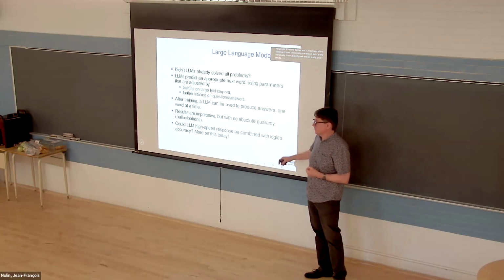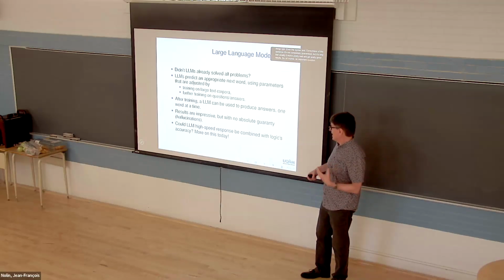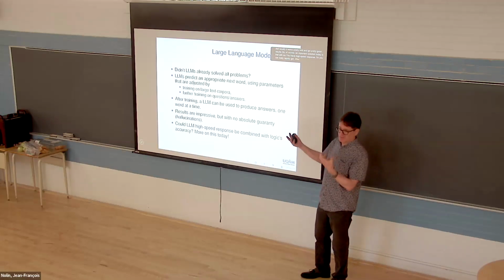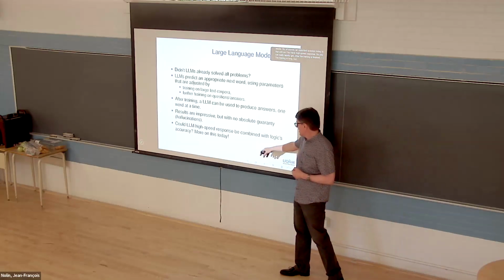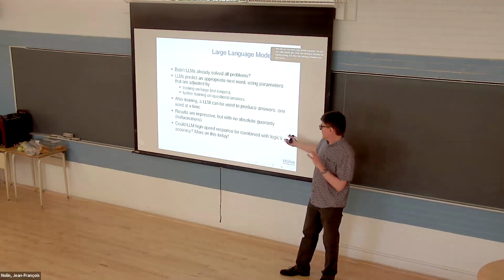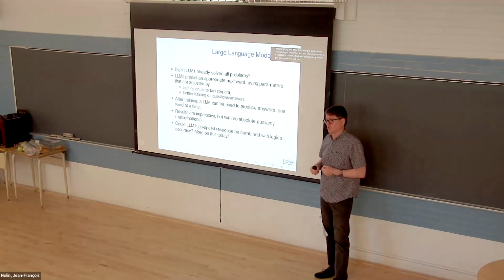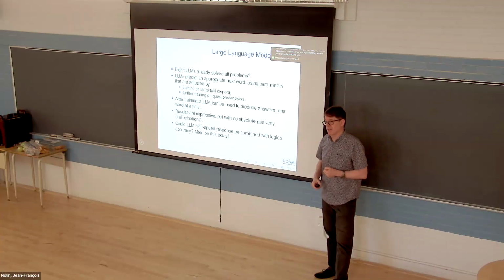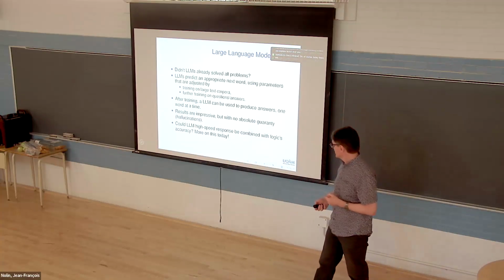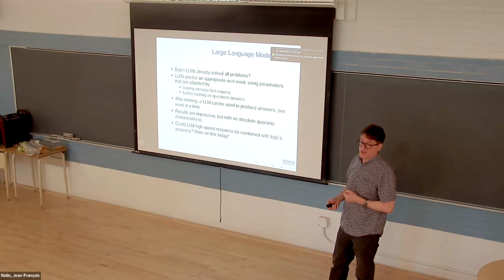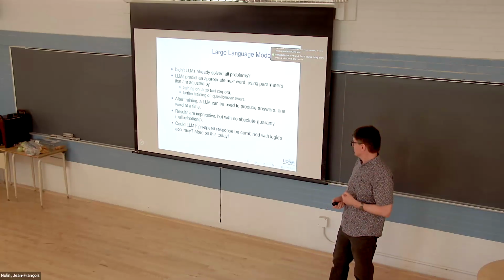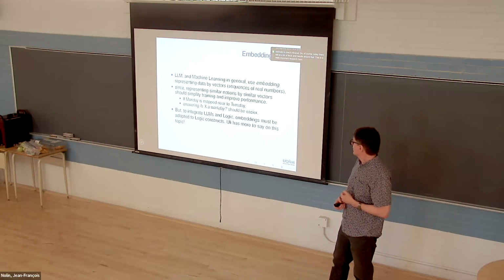So of course, an important question today is that with LLMs, you have a high-speed response. The training is long, but after the training is finished, you can rapidly get a response. And you can ask yourself, is it possible to combine that with logical accuracy, where you express facts and you have methods to check inference? So of course, today there will be a lot of facts and results around that. So this is a really important research topic nowadays.